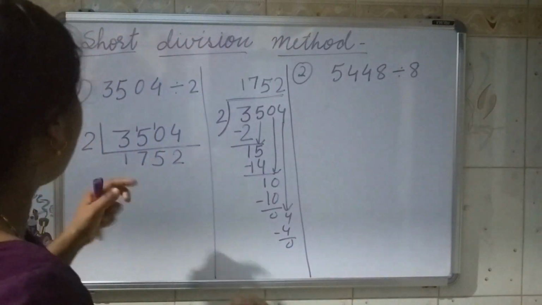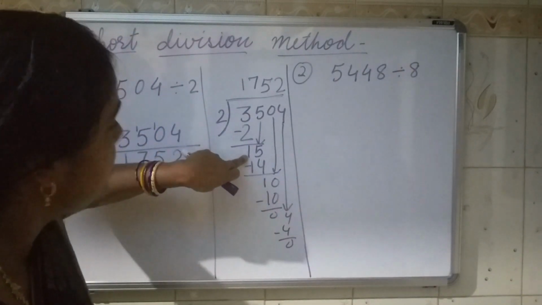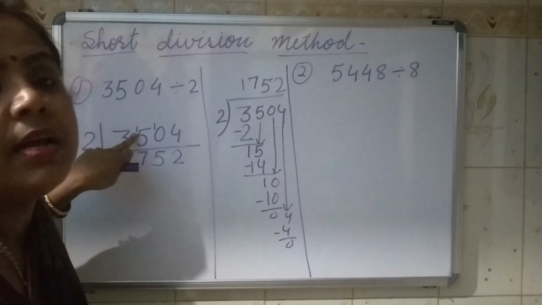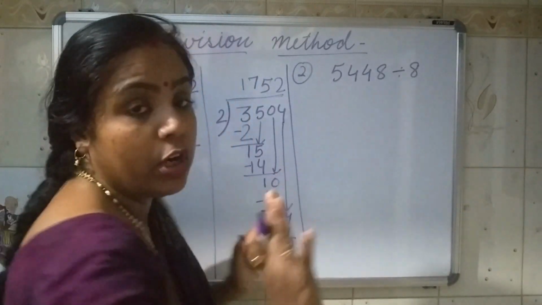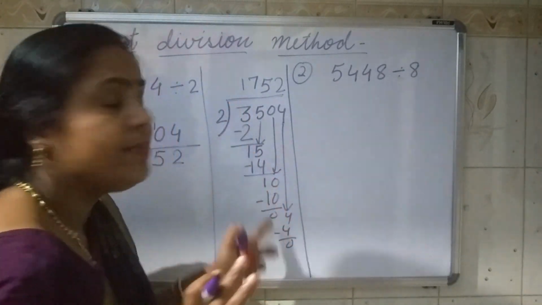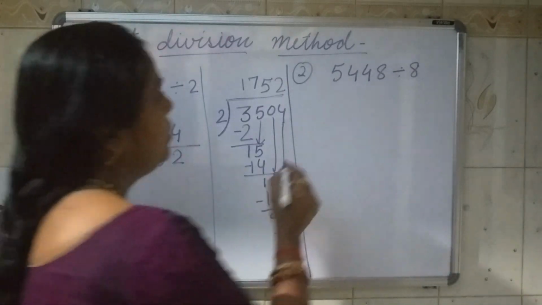Okay. So now it is clear to you that whatever is the remainder here, that I am writing above the number, just like I am explaining with the second example. Now I will not show you the long division method because I told you what this remainder is. That only I have shown here. Okay. Now